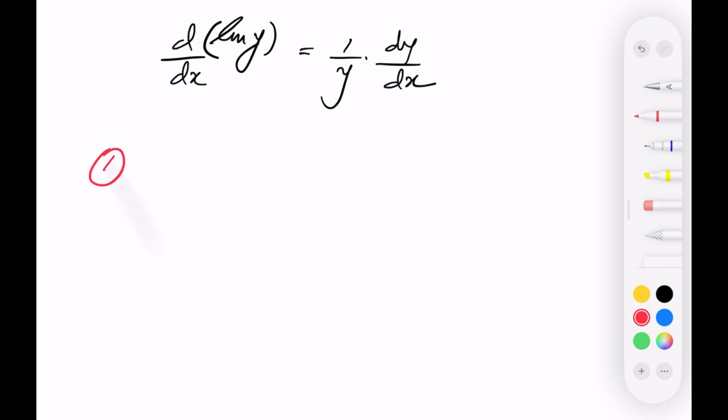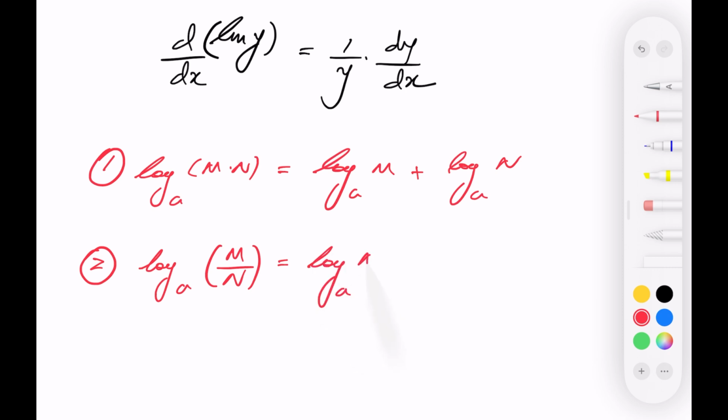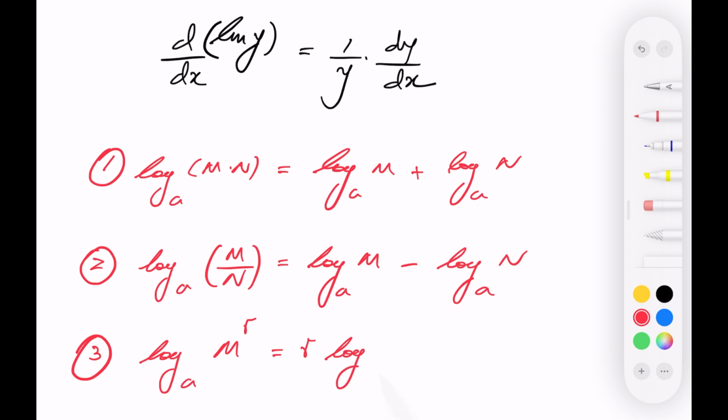The first property is logarithm to a base a of m times n. If you have it like that, we know the answer is logarithm base a m plus logarithm base a n. The second property is logarithm base a of m divided by n. In this case, this is equal to logarithm base a m minus logarithm base a n. The third property is logarithm base a of m raised to the r is equal to r times logarithm base a